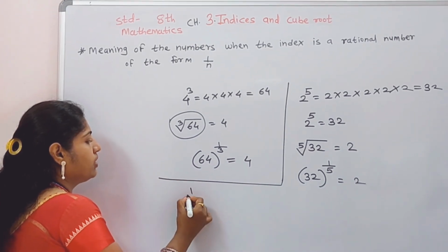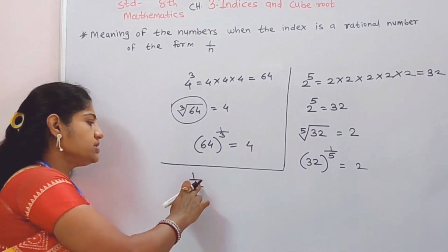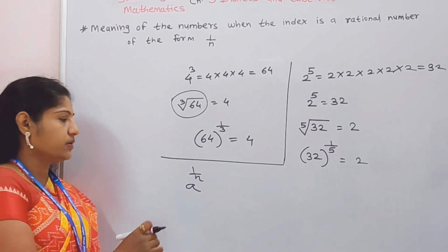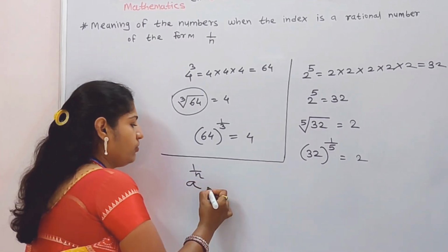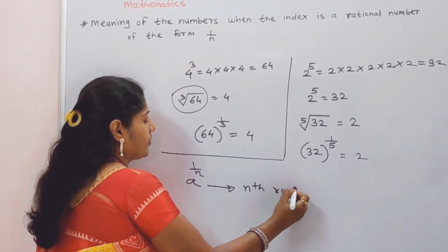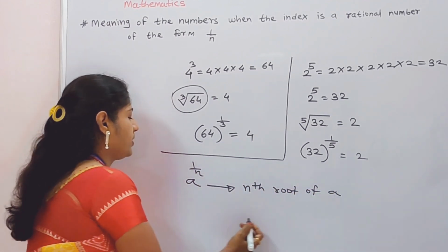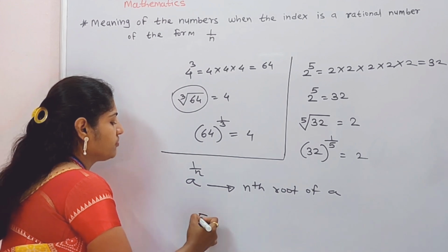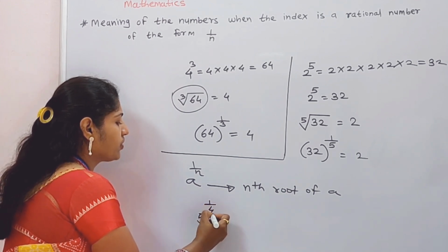A raised to 1 upon n. N is the root, nth root of a. We write this nth root of a. 5 raised to 1 upon 4, that is